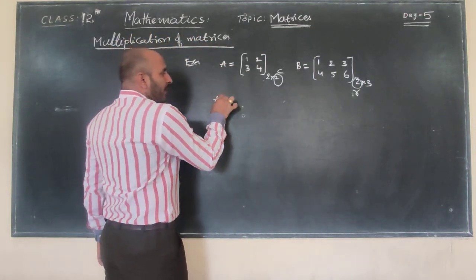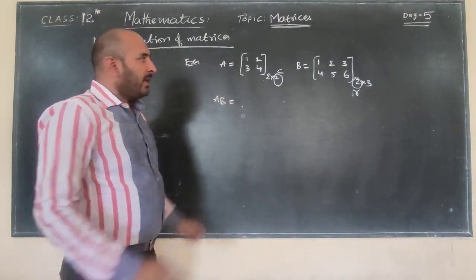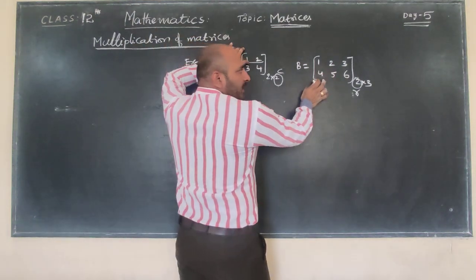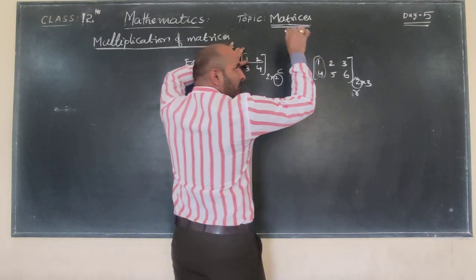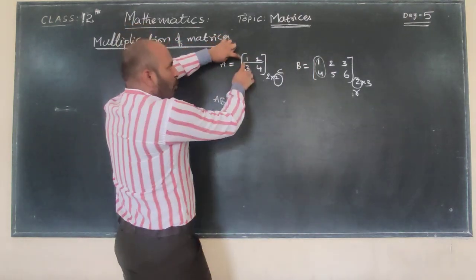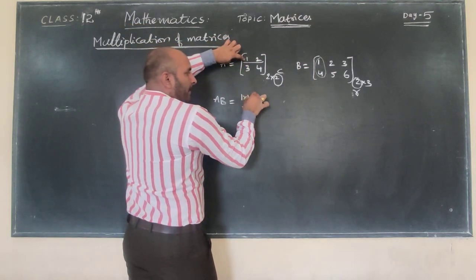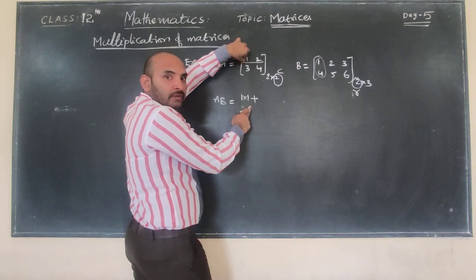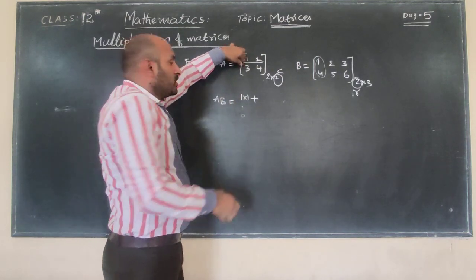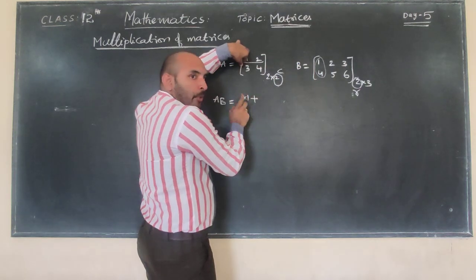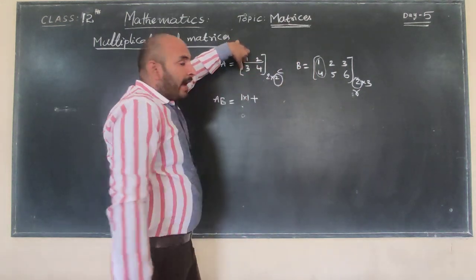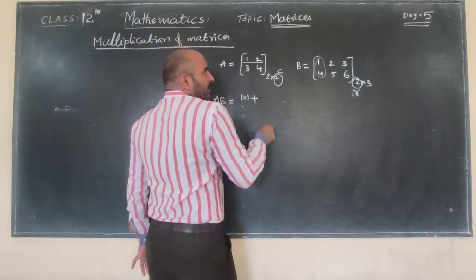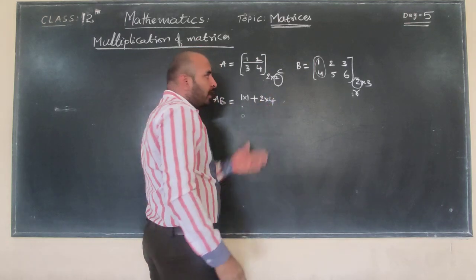So product AB is equal to the product of two matrices. AB equal to, I am taking the first matrix's first row elements. Here, the second matrix's first column, multiply 1 into 1 plus... definitely you have to take the sum, because according to the definition of matrix multiplication, it is the sum of the products of the ith row of A and the jth column of B matrix. 1 into 1 plus 2 into 4, first element over.